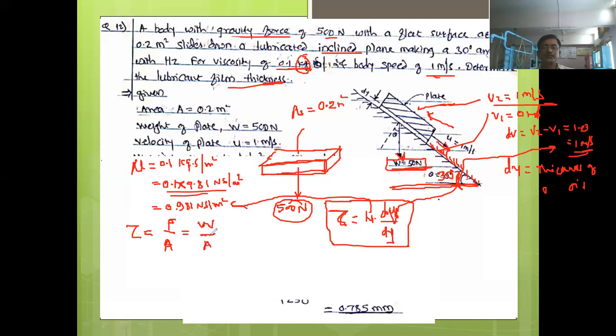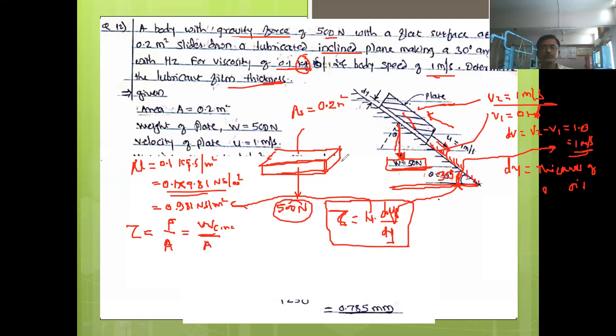Now this weight, but it is acting in this direction. So here you can say it is a W component. Okay, it is not exact weight, it is component of the weight. The weight is acting in downward direction, but here we want a component in this direction. Now how we can resolve this single force into component? In engineering mechanics we have learned how to resolve the forces.